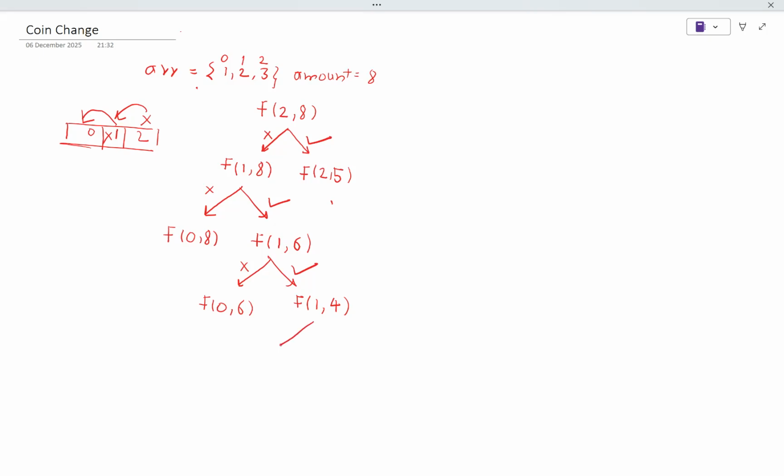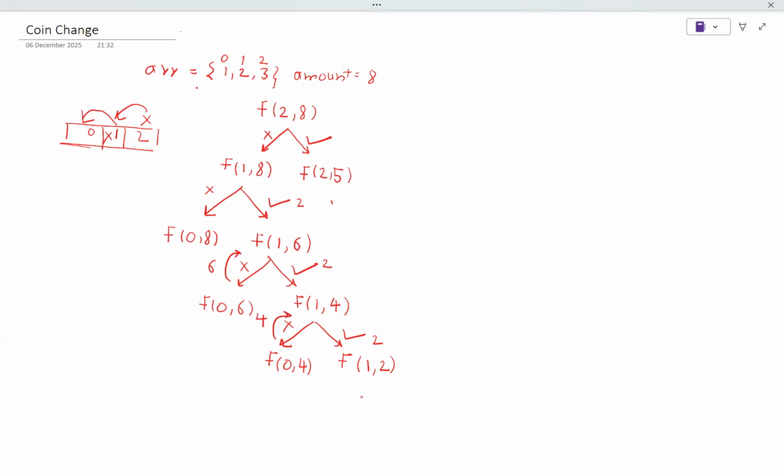And again for here, so here I've reached up to the 0th index, so I will return 6 denominations. Here I am returning 2. Again there are two possibilities, either I am not picking or picking. So if I am not picking the coin, then it will go at the 0th index, but the same amount it will carry as we are not picking it. And if we pick, then we are staying at the same index, but the amount will reduce by the same 2. And once we reach the 0th index, then we are returning the